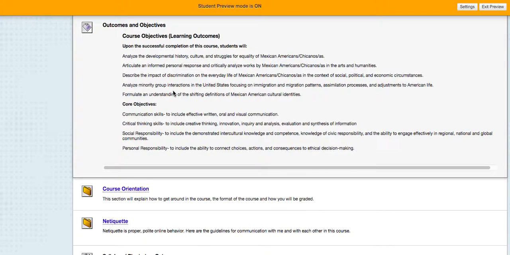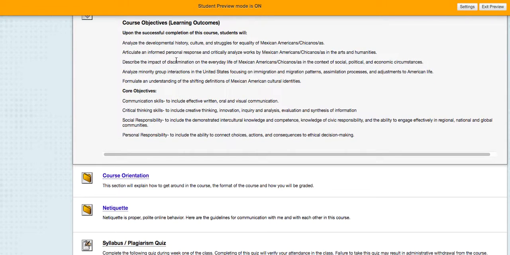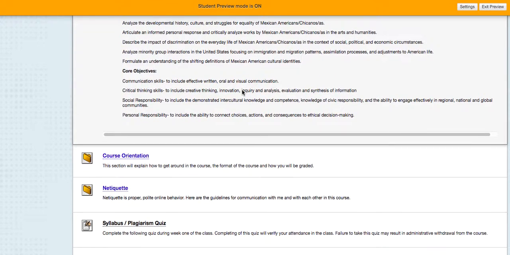We'll describe the impact of discrimination on the everyday life of the Mexican American, looking at that in its social, political, and economic circumstance. We'll analyze the minority group interactions in the U.S., focusing on immigration and migration patterns, assimilation processes, and adjustments to American life.